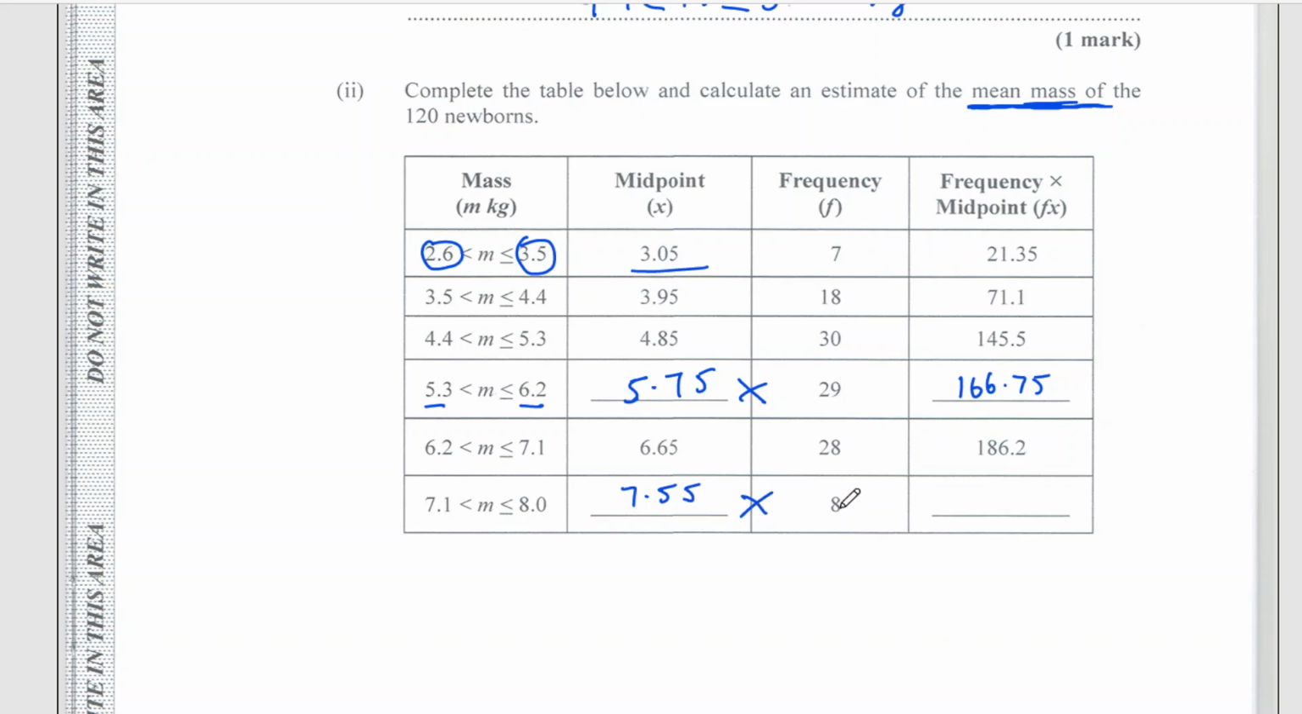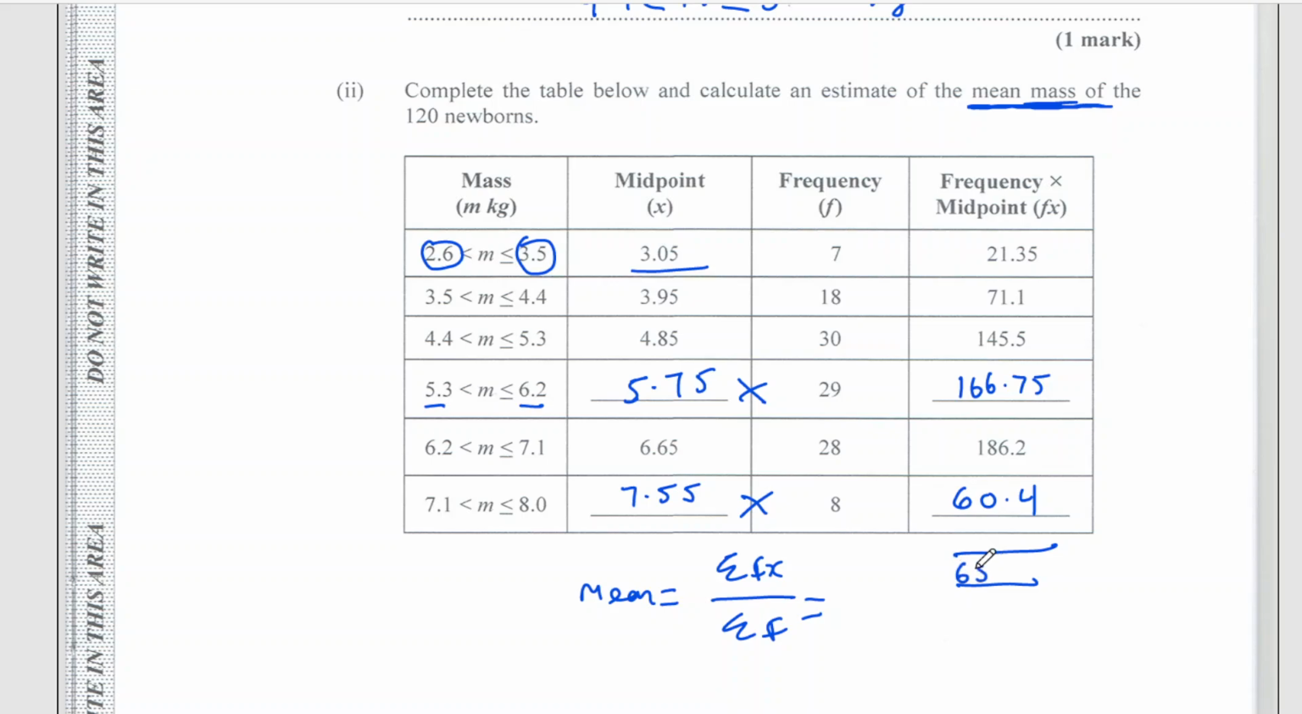7.55 multiplied by 8 is 60.4. And then they ask to calculate the mean mass. So mean is given by sum of fx over sum of f. Sum of fx, we would add up our fx column here. When we add that up,